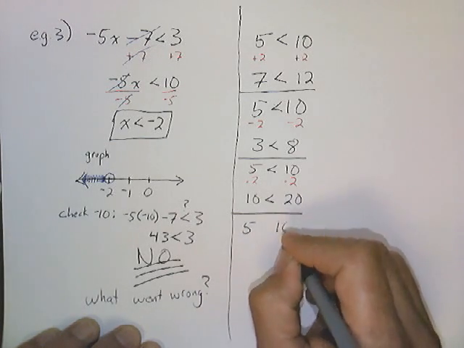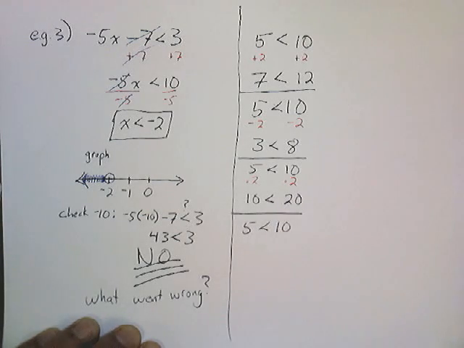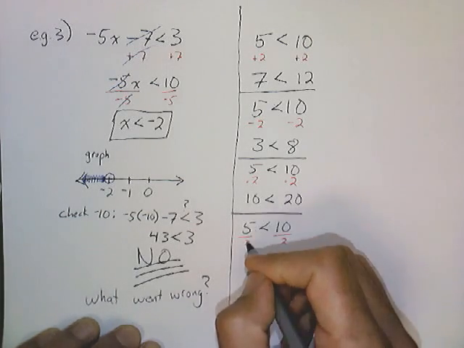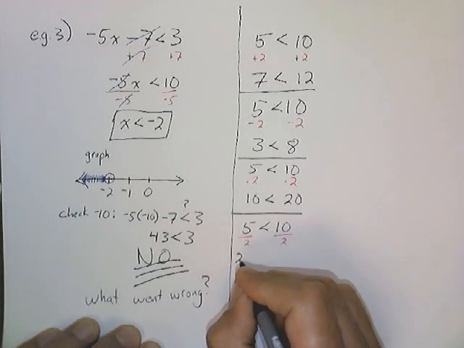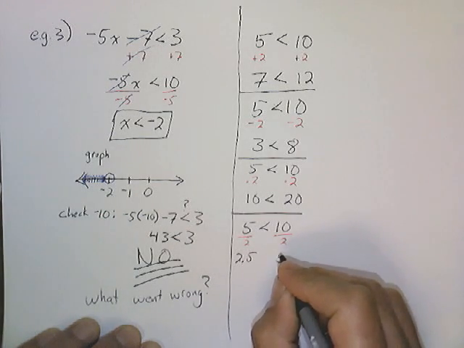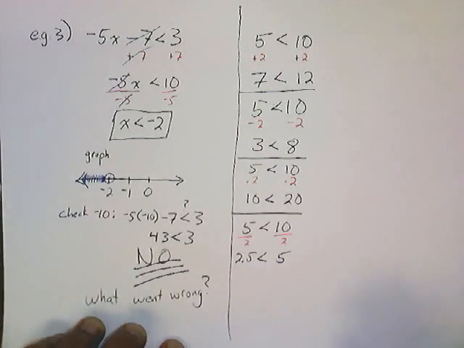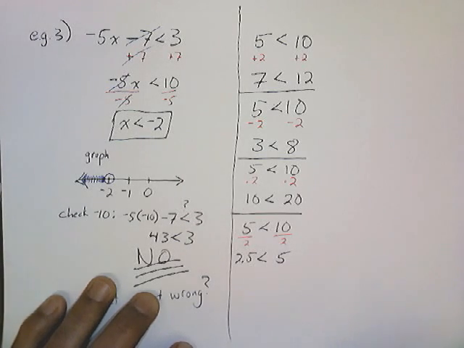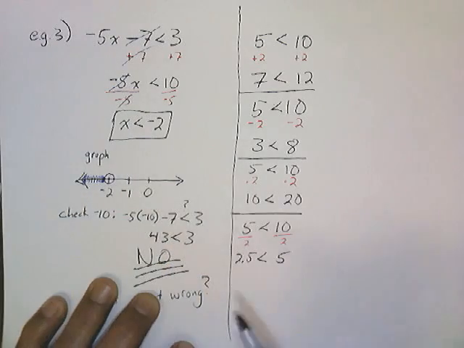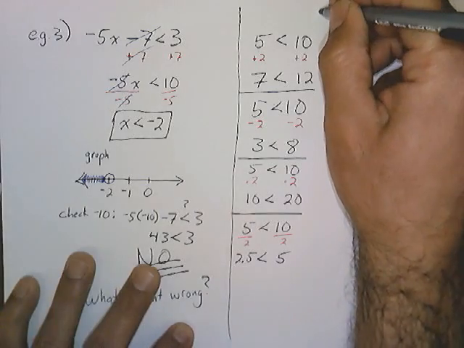Maybe dividing. Let's try that. Because we did do a division over here. 5 is less than 10. Suppose we divide both things by 2. 5 divided by 2 is 5 halves, or for this purpose, kind of makes sense to say 2.5. 10 divided by 2 is 5. Yep, 2.5 is still less than 5. Again, no problem with any of those things. The problem that occurred back here was we are actually dividing by a negative. So that's an issue. Subtracting or adding a negative, no problem here, but